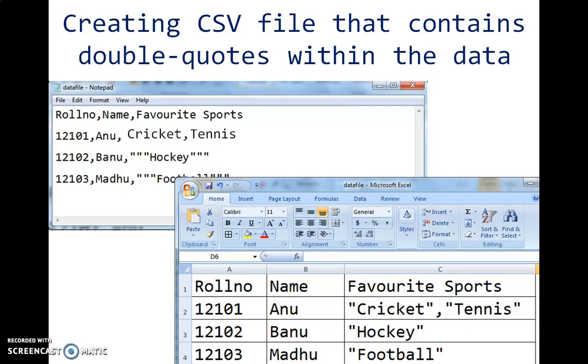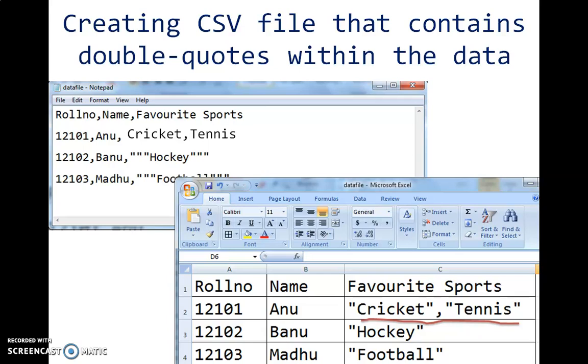Creating CSV file that contains double quotes within the data. Look at the worksheet. Suppose I want the values in column C for favorite sports to contain double quotes, that is cricket within double quotes, comma, tennis within double quotes.